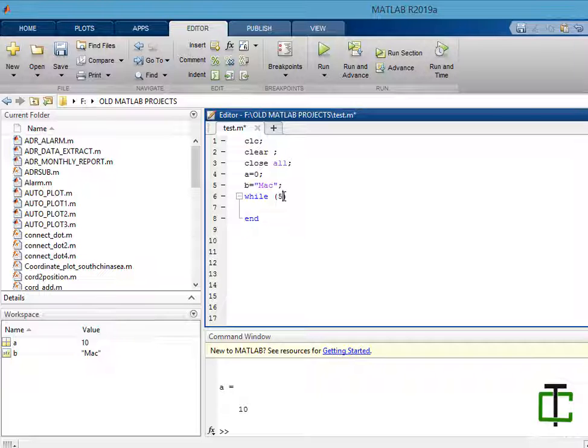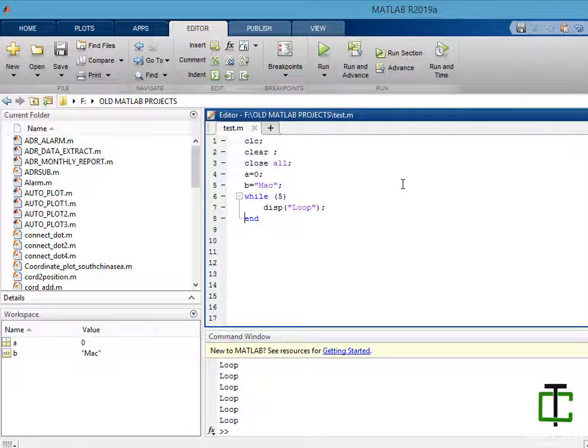So any value other than 0, like 5, will be true, and it will be true an infinite number of times. So display value, let's say loop, play it, and you will have an infinite loop. So you can see the program is busy.